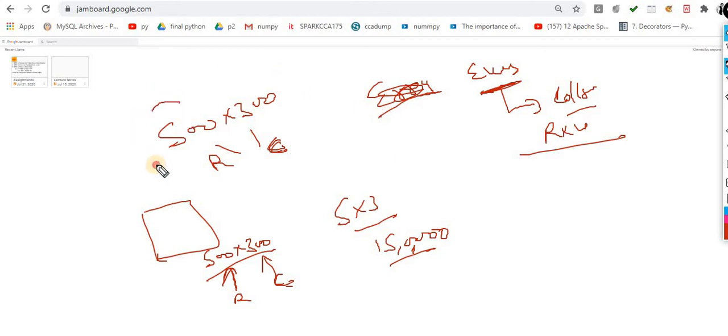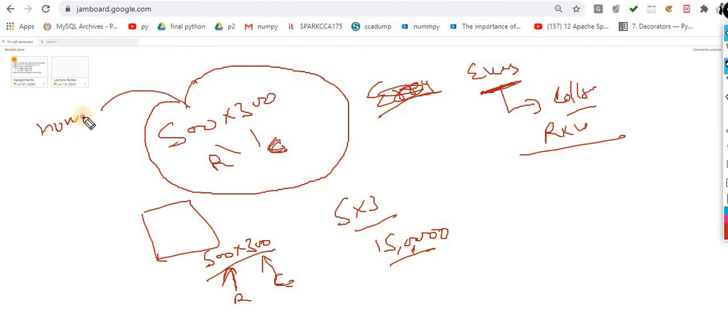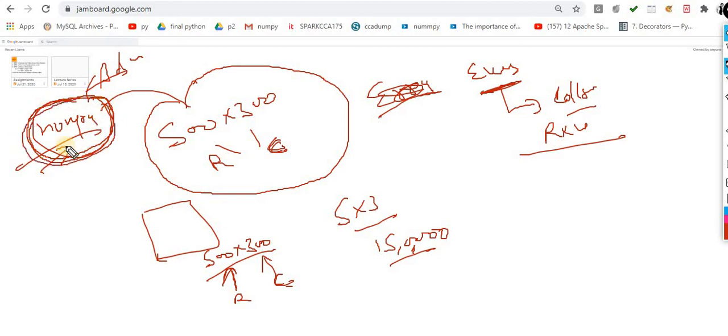An image is always defined mathematically by rows and columns, and once rows and columns come into the picture, automatically NumPy plays the important role, because things become very easy. We will learn this concept in the advanced Python in great detail, but at this point of time I am not elaborating each and everything about NumPy, but whatever is required I will explain. I will implement one use case with the help of numerical Python, so don't worry about it. For this point of time, just understand the concept.